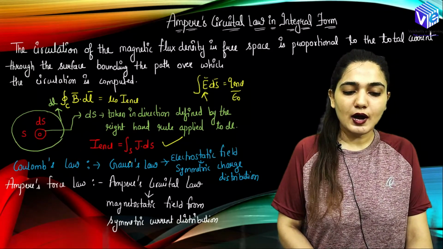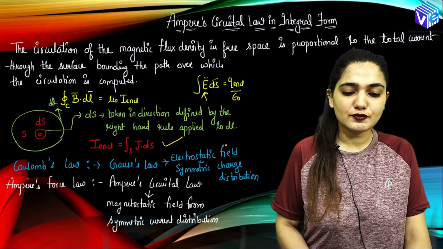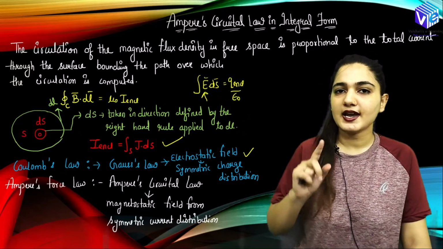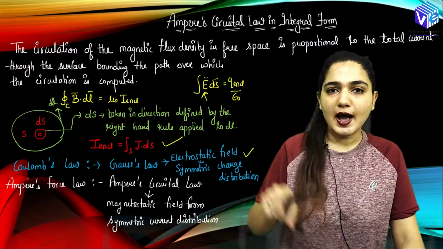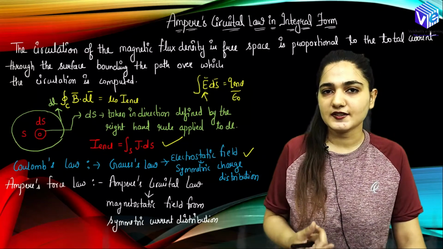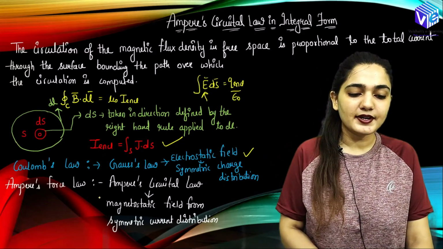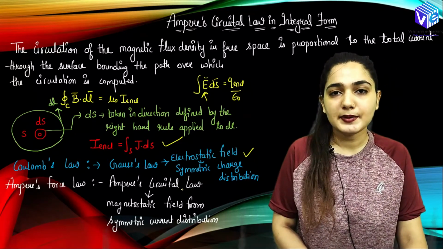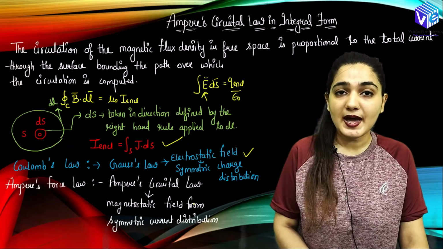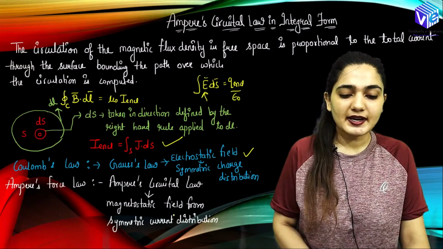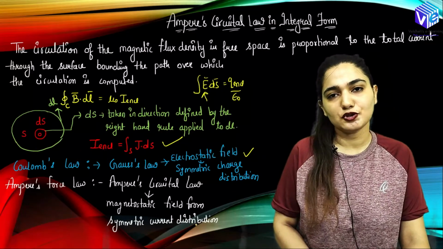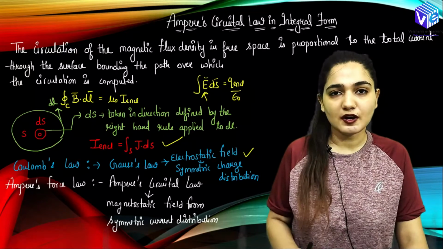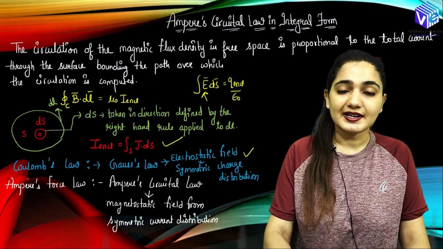Now from Coulomb's law, I was finding out Gauss's law, which was used for finding the electric field for a symmetric charge distribution. The condition was that I had a symmetric charge distribution; I was making the Gaussian surface for the symmetric charge distribution only. Here, I have computed Ampere's circuital law to find out B, the magnetic flux density, in a simple manner, but again the condition would be there. The magnetostatic field from a symmetric current distribution can be computed with the help of Ampere's circuital law. If the symmetric current distribution is not there, we cannot compute the magnetostatic field.